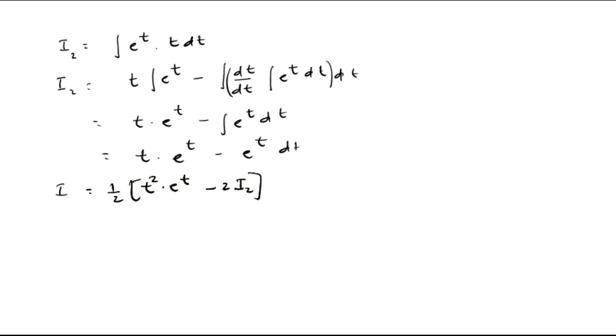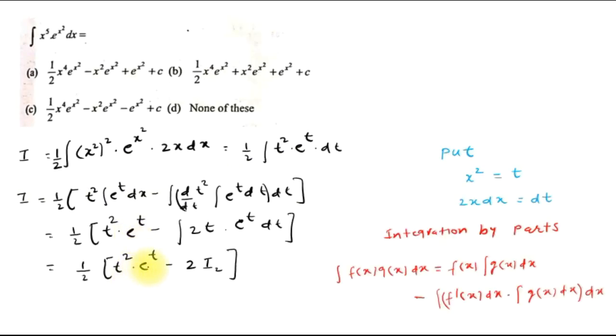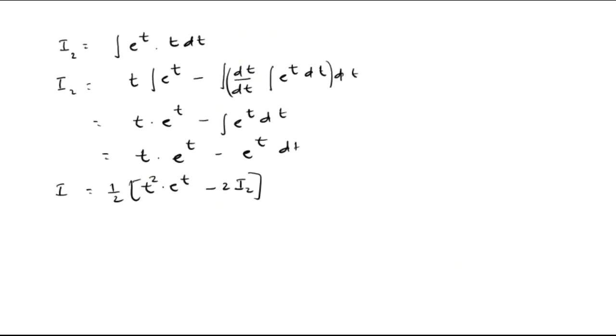From here I1 is half into t square into e to the power t minus 2 I2. So this is equal to half into t square into e to the power t minus 2 into I2, which is t into e to the power t minus e to the power t, plus integration constant c. Here dt is not there, so here we can write it as, if we put t is equal to x